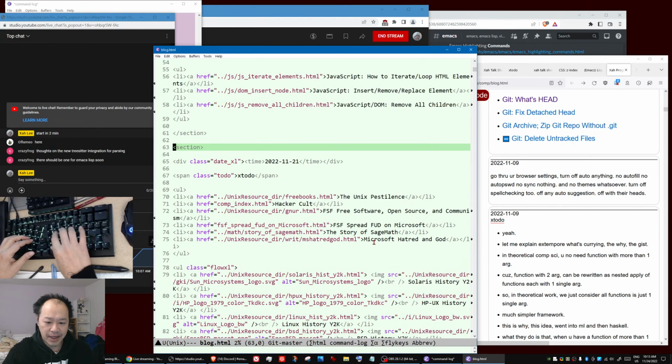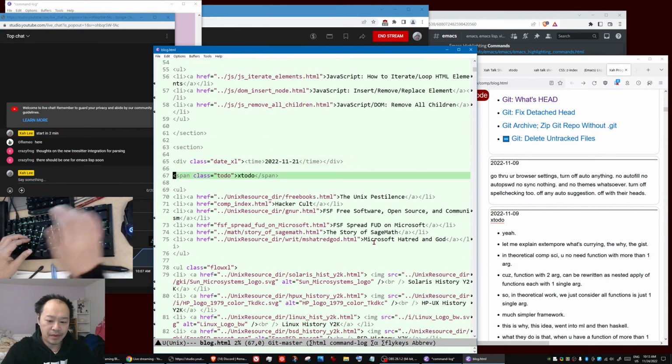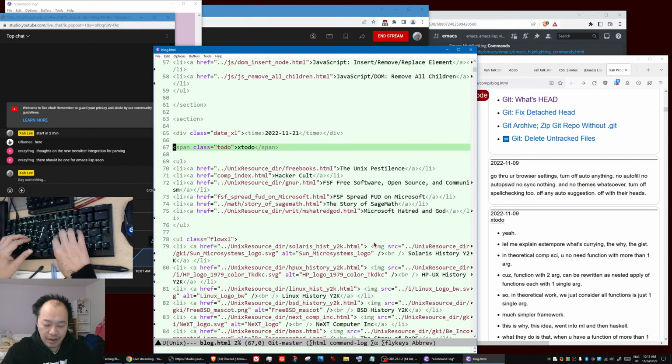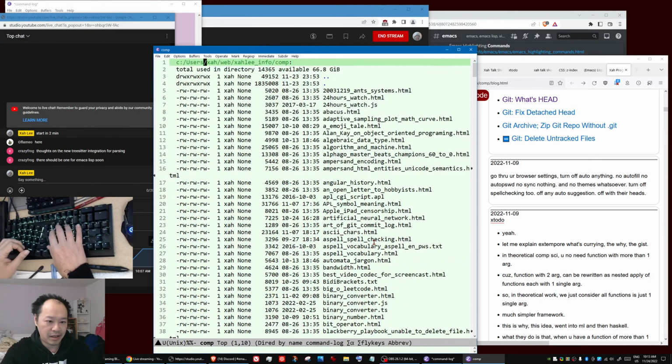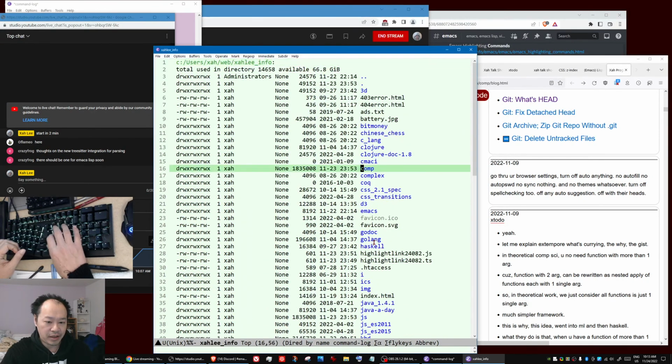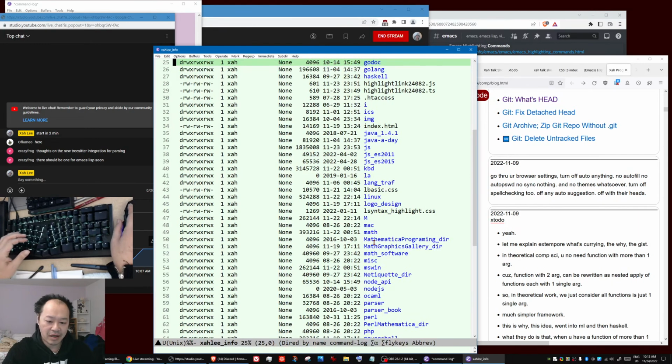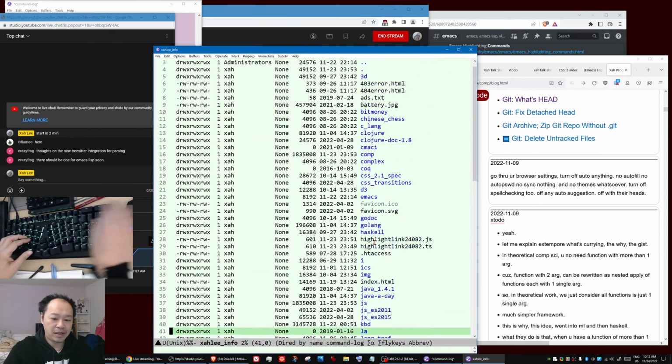So we're going to code Emacs first. Then we're going to... So anyway, let me show you what we need to do. For example, you are looking at my xah.info, and go up one directory. You can see xah.info, and there is a huge amount, about 7,000 files, among my